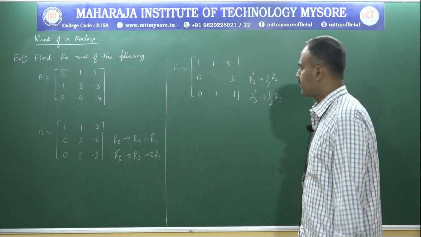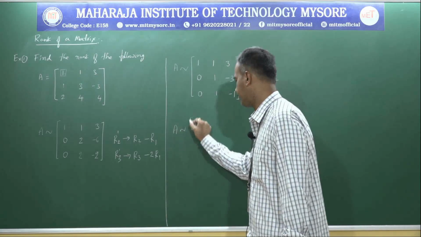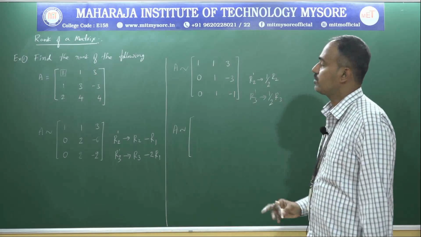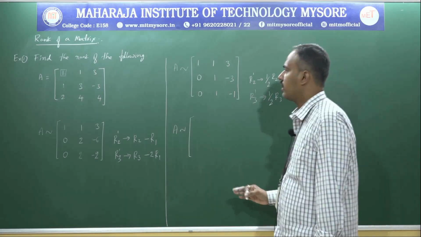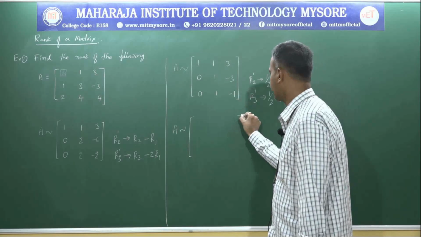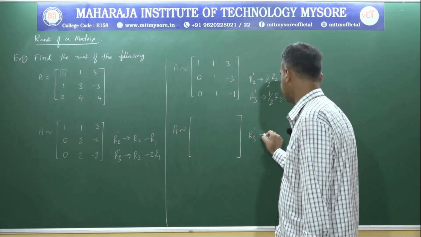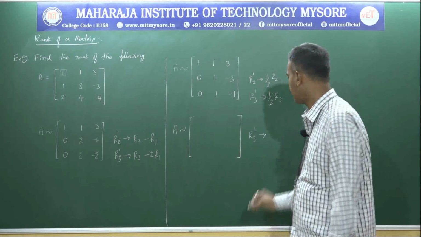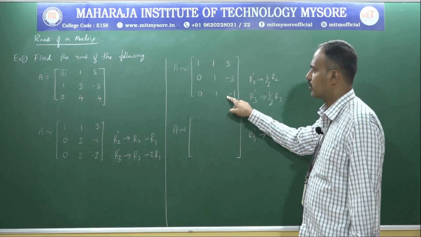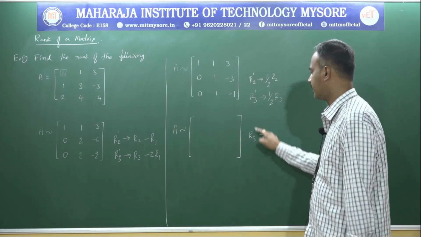Now next, apply the transformation in such a way that R3 dash changes. Now try to make that element, the last row's second element, into 0 form. How to make it here: R3 dash